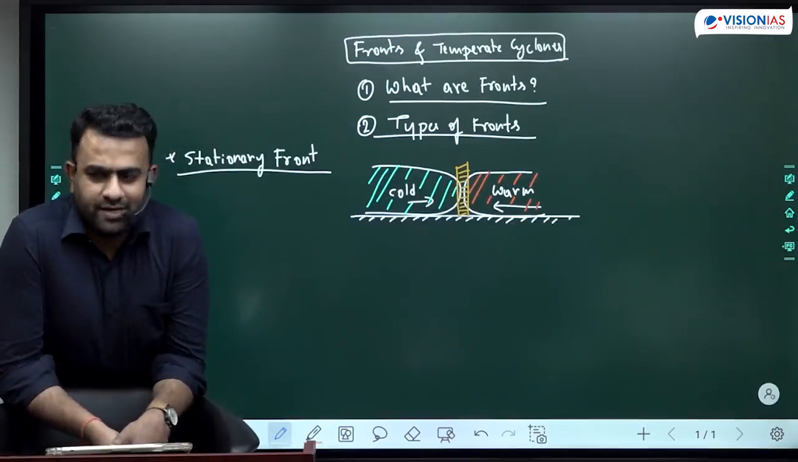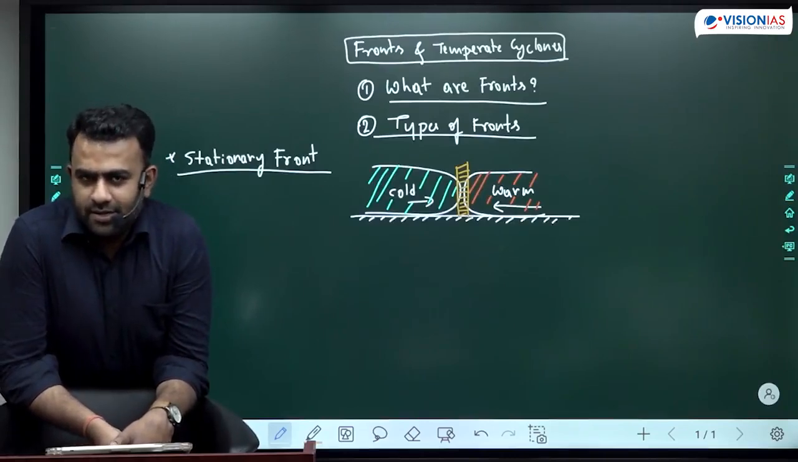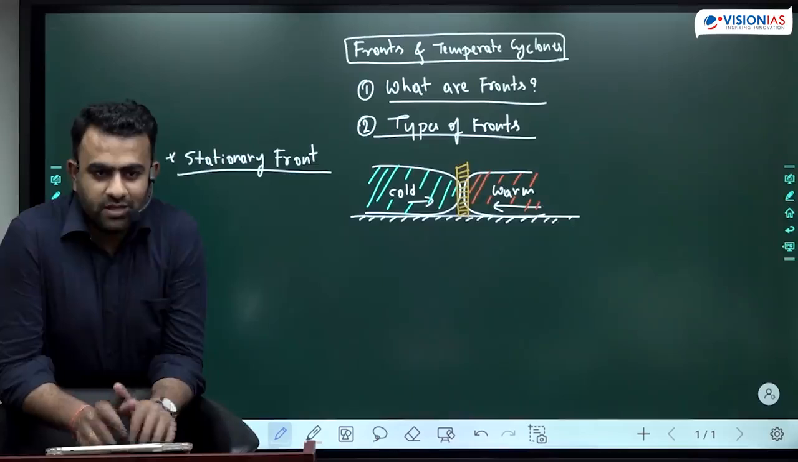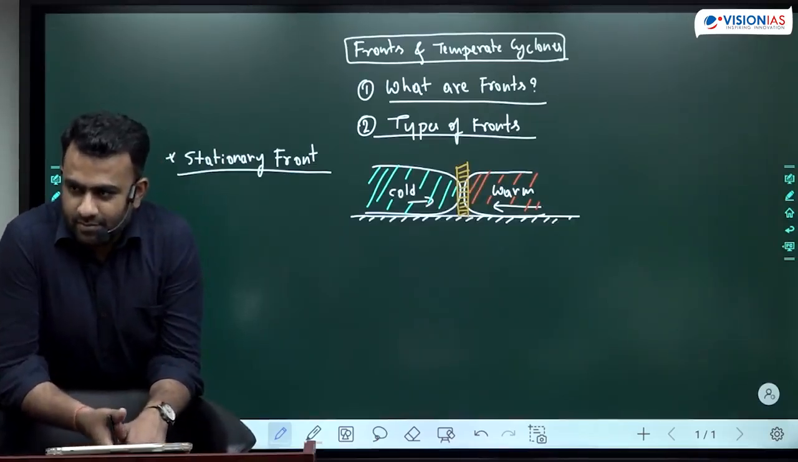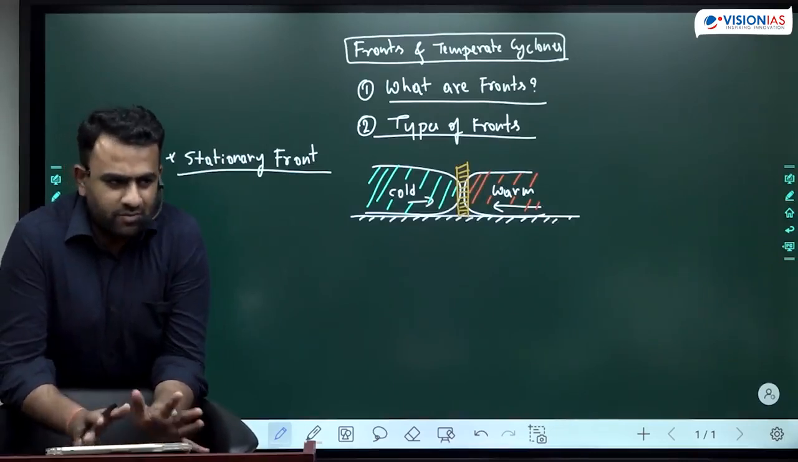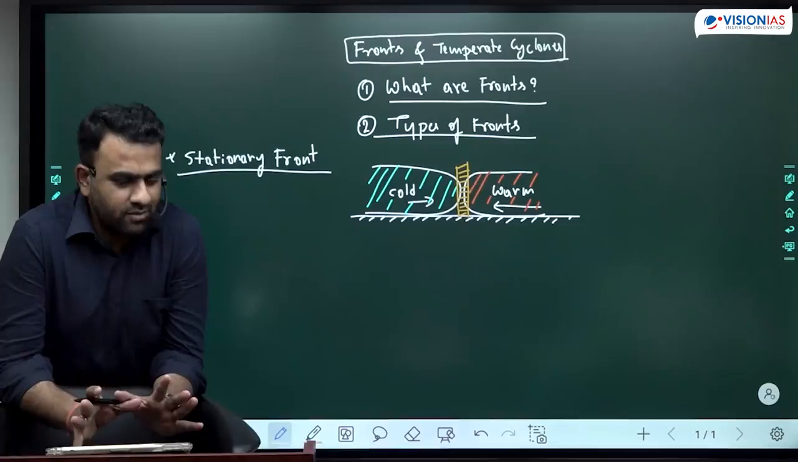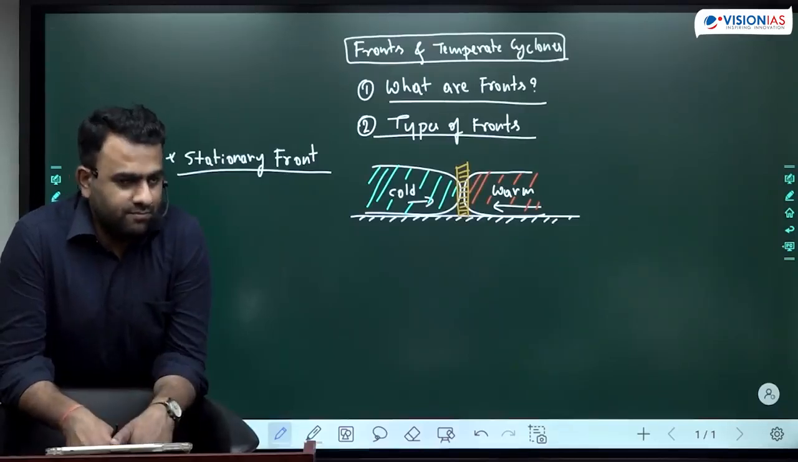Okay, so near the fronts, none of the air masses is pushing the other one strongly. Or they are not pushing at all. They are not moving at all. Okay, so imagine